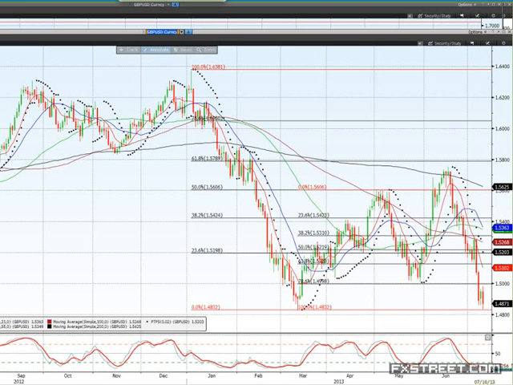We're very oversold in the stochastic. So anyway, I think what I'm trying to tell you is I'm feeling like there may be a chance that cable's bottomed for a little while, and we can start to build a rally into the end of this month for those reasons. I hope that makes sense to you.